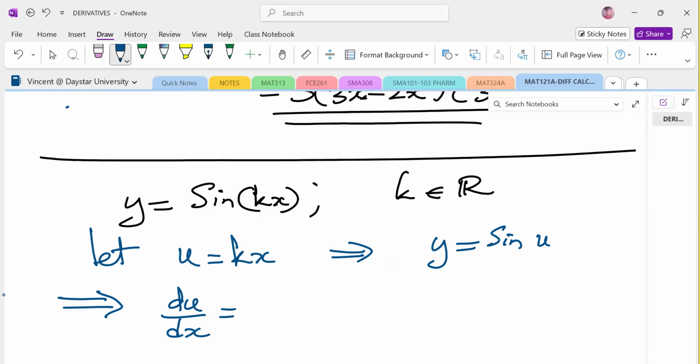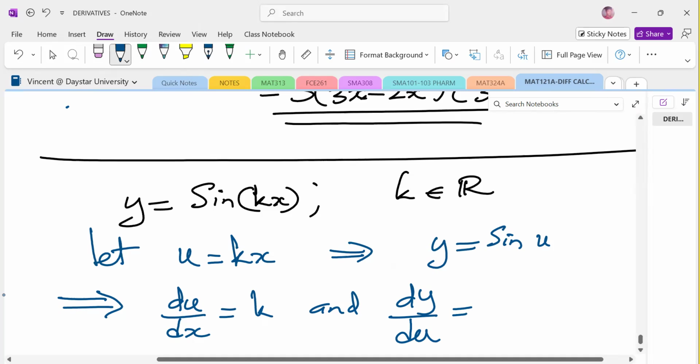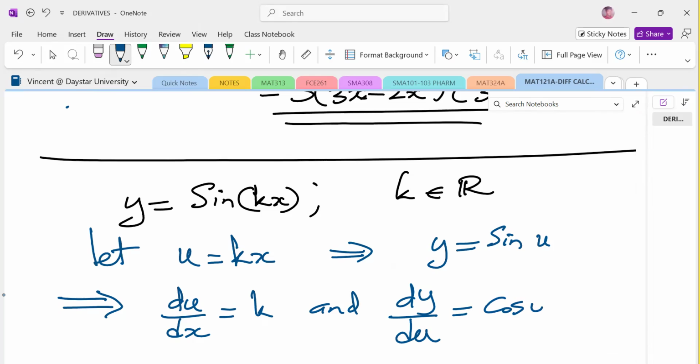And then dy du. Derivative of sine is cos u, correct. So therefore now, by chain rule,